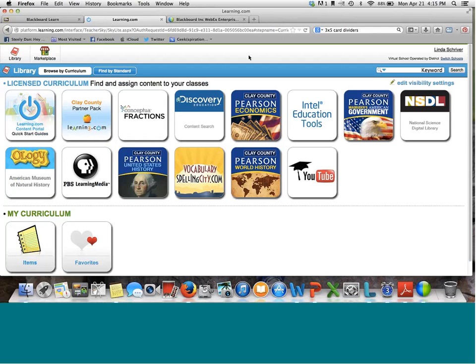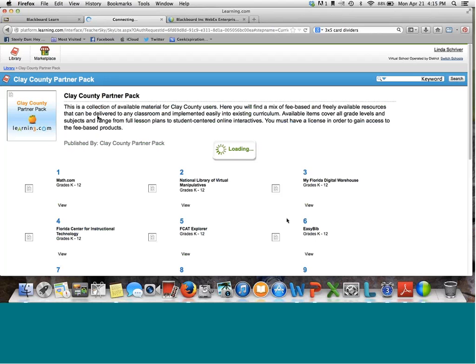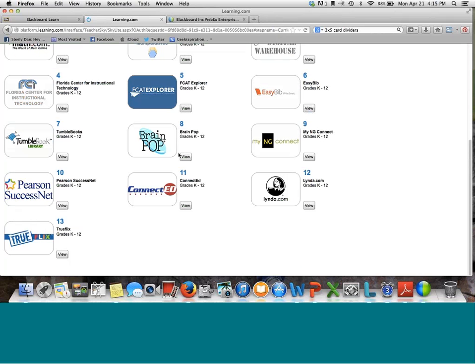So, yeah, here is inside learning.com, and you see all the different things we have the ability to put into this classroom. Well, I'm going to go into our Clay County path because I know for sure that Clay County has these particular tools available to them, and a single sign-on piece. You see all these that we've got. Lynda.com is a fun one, an amazing one to teach and share with both our teachers and our students. Tumblebook, I can view it. BrainPop, I can view it, but I can also,